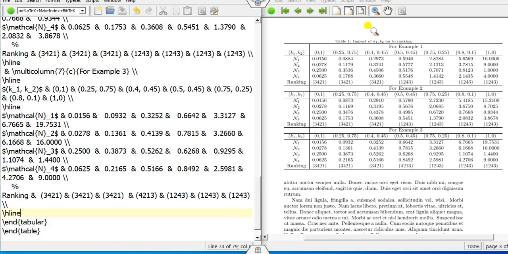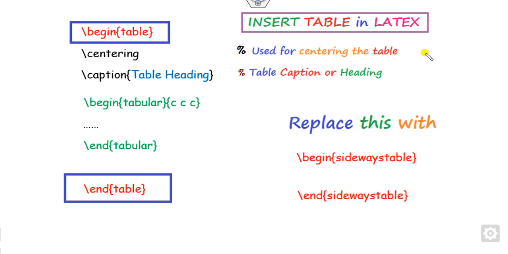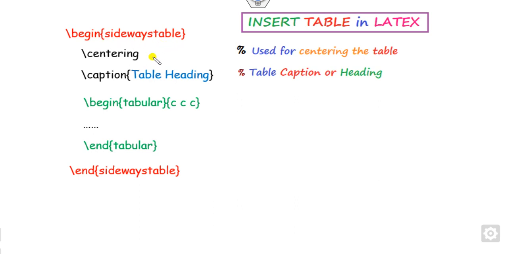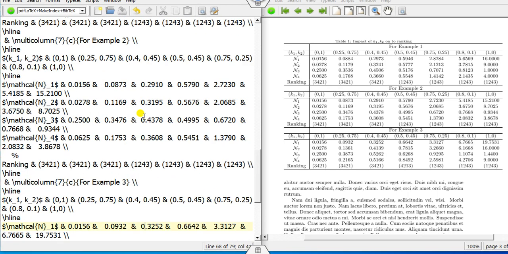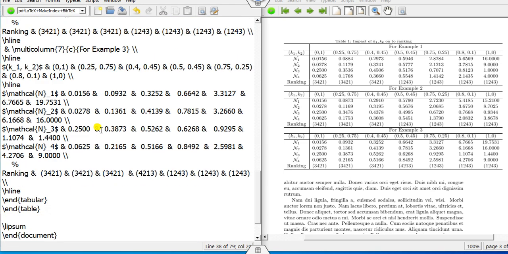Now how can you rotate it in the manuscript? You can simply replace these two lines with begin sideways table and end sideways table. What it means is that you can simply replace here begin sideways and end sideways table. So you can see I can change them for you in this LaTeX file itself. I can replace this with sideways table, and I can replace the end table also,